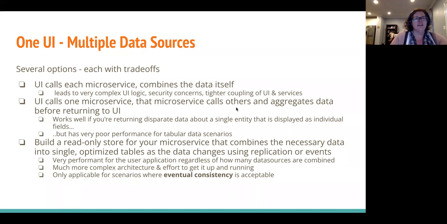And the other thing to keep in mind is it only works in scenarios where you can accept eventual consistency. Because anytime you're relying on data getting moved from the system that owns it to another system that you're going to view it from, there's going to be at least some delay before that data gets there. And if the application you're showing is someone's bank account, they don't want to know how much money they had 30 seconds ago. They want to know how much money they have right now. So it's not universally useful.